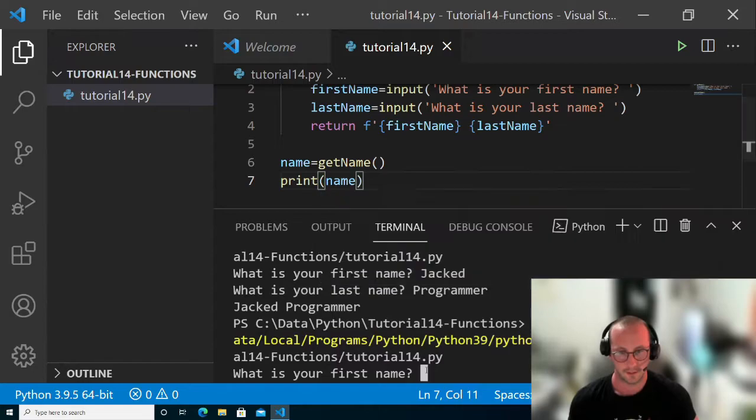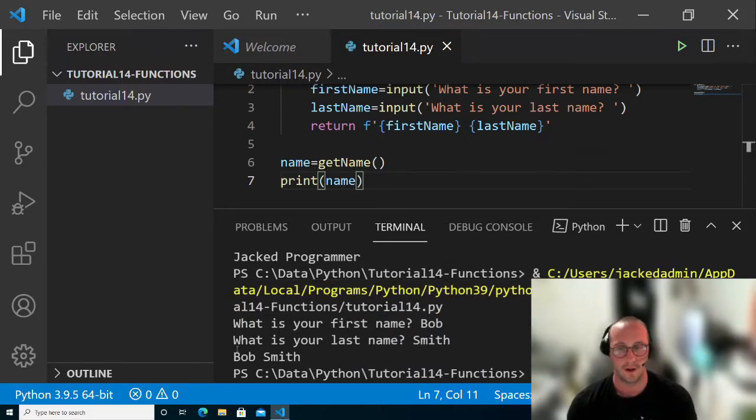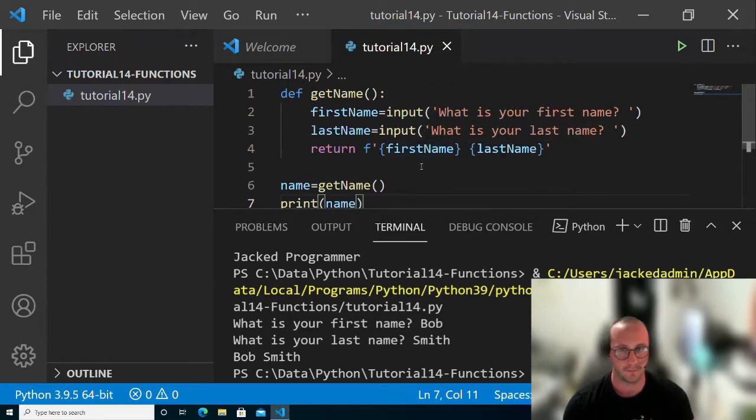And then let's put this one as Bob Smith here, and we have Bob Smith. So basically we ask the user for their first name and last name, and then we concatenate them into a string. So that's kind of the awesome thing about functions is if you wanted to do